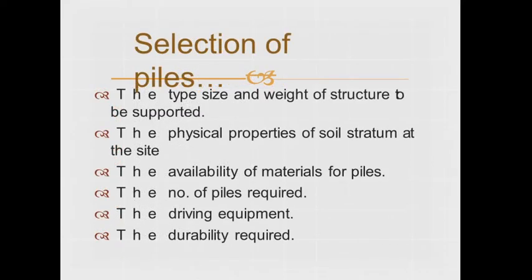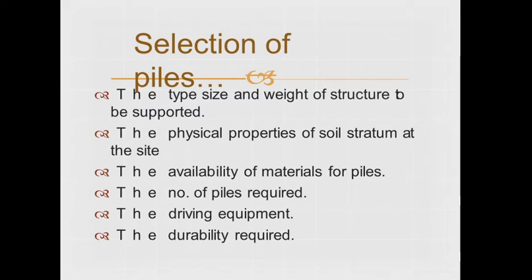Selection of pile. Before selection of pile, one point is what are the advantages of cast in place concrete pile. The first advantage of cast in situ concrete pile is that it is light in weight. The length of the pile shell can be increased or decreased easily. There is no problem of handling and stress caused by handling. The shell can be transported in small lengths and assembled at the site, and the danger of breaking while driving is eliminated. These are some of the advantages of cast in situ concrete pile.